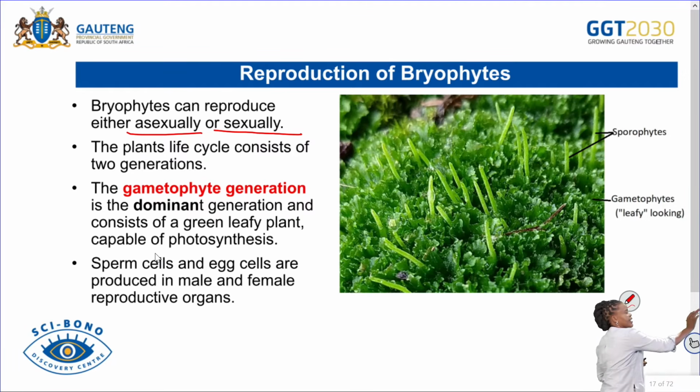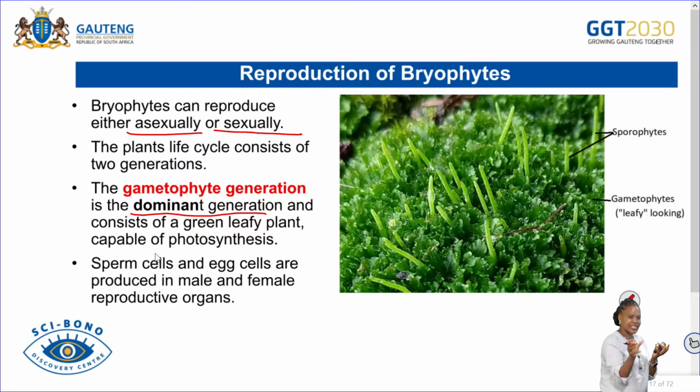Now, what is happening? I said earlier on that the gametophyte generation is the dominant generation, and then it changes. It has the leaves, and then on the leaves, that's where we've got the male branches, and then there's also